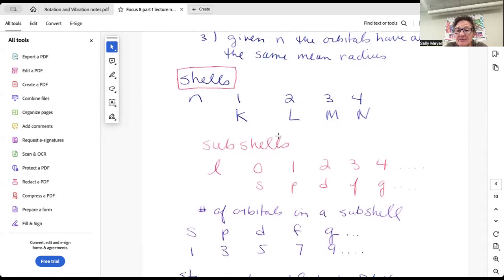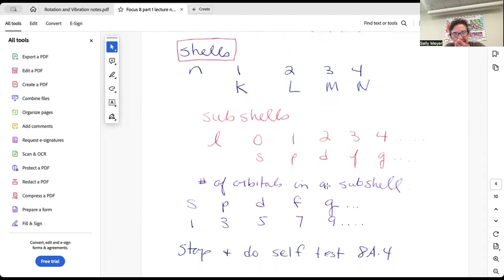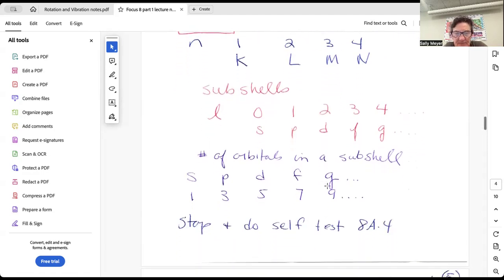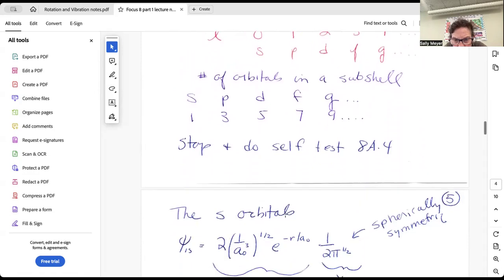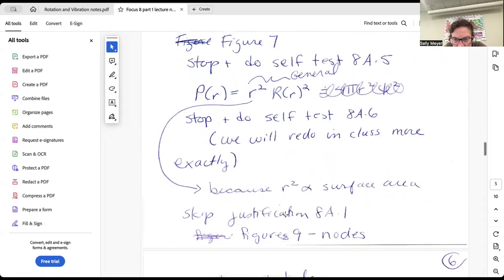We have subshells. So all of those orbitals that have the same shape in a shell. So if L is 0, we call it S, 1 is a P, 2 is a D. So each of those would be a subshell. You'd say it's the D subshell. So the number of orbitals in a subshell, that's a result of knowing the number of M sub L values, which